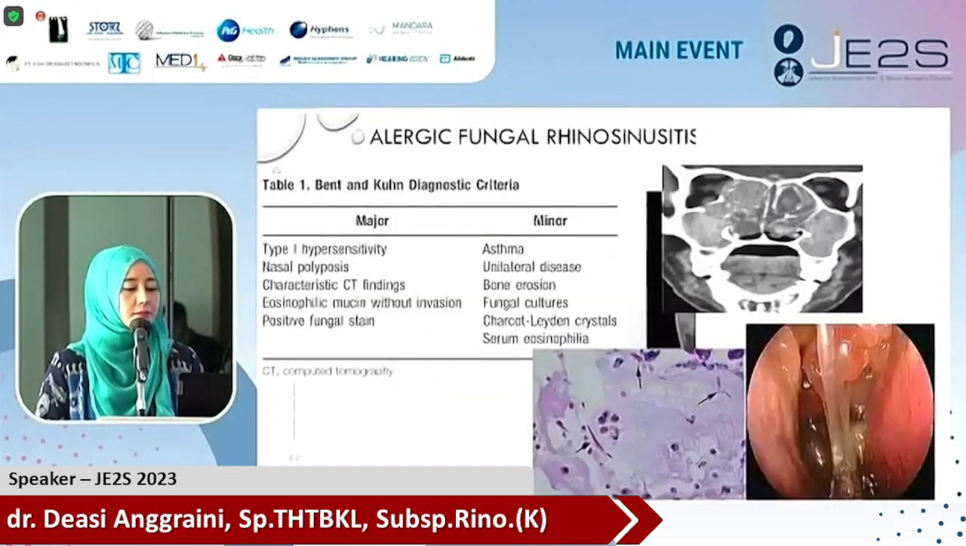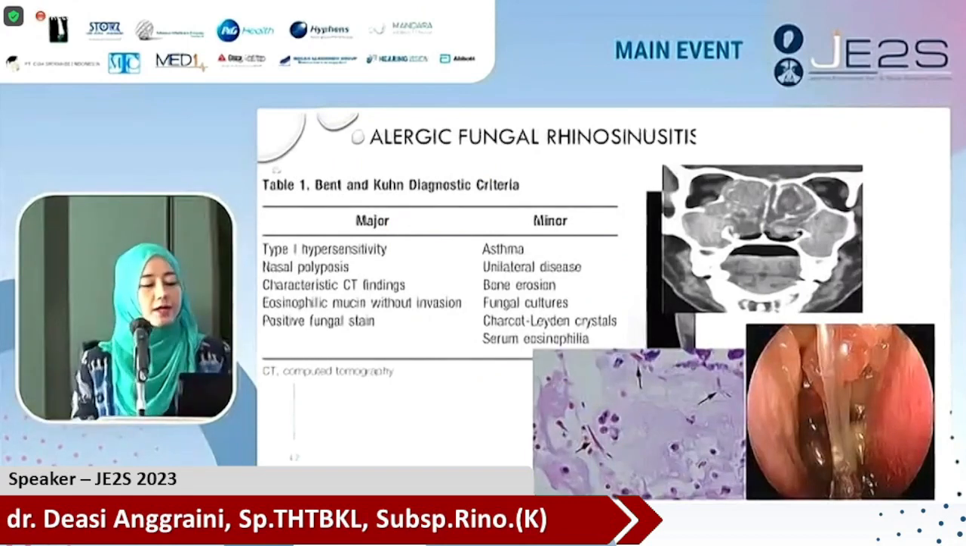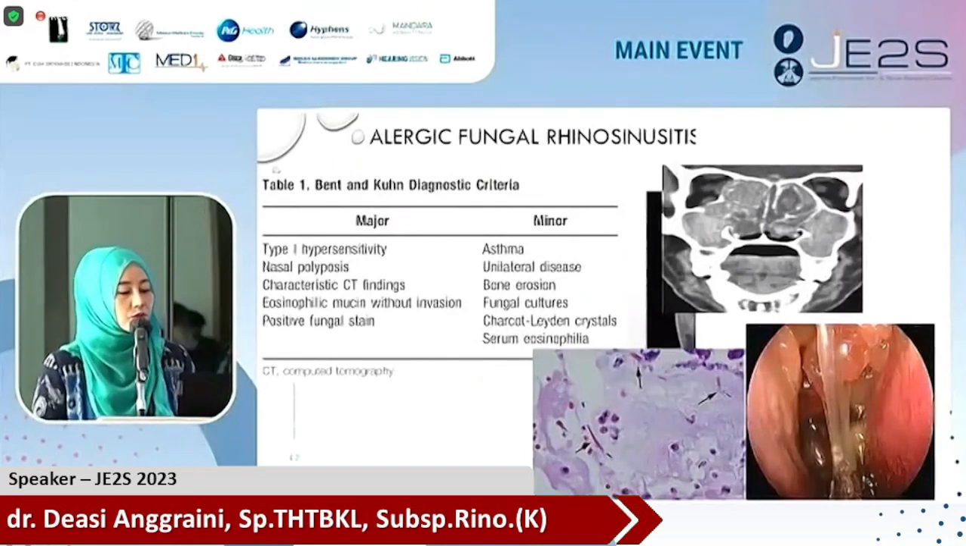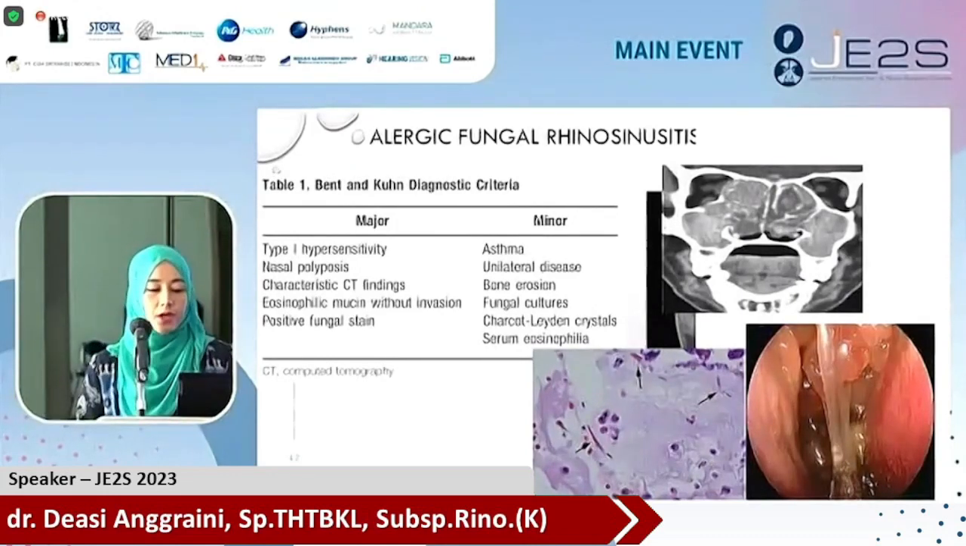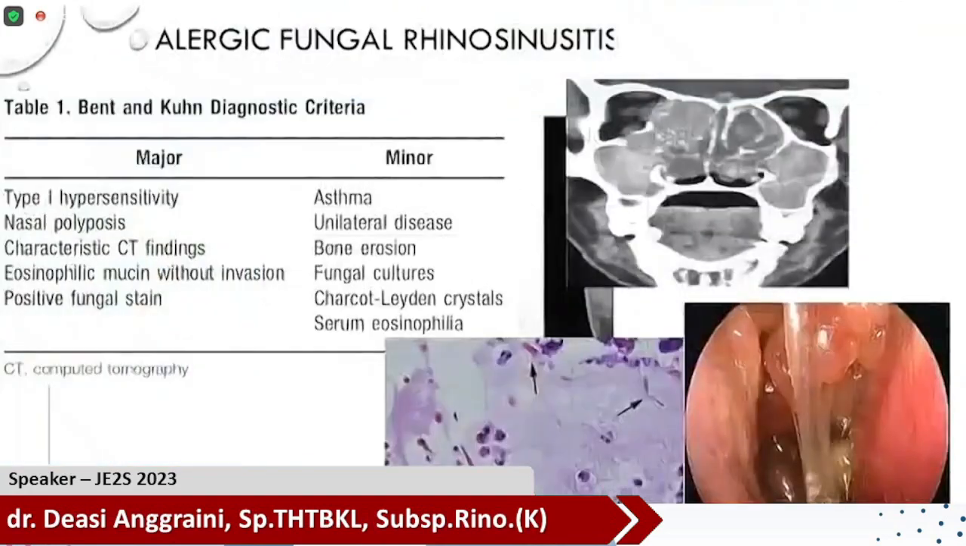Slide. Okay, this is allergic fungal. Allergic fungal is a variant of type 2. How to diagnose? There are criteria from Bent and Kuhn. We can see that the patient must have type 1 hypersensitivity, nasal polyp, characteristic CT findings, eosinophilic mucin without invasion, and